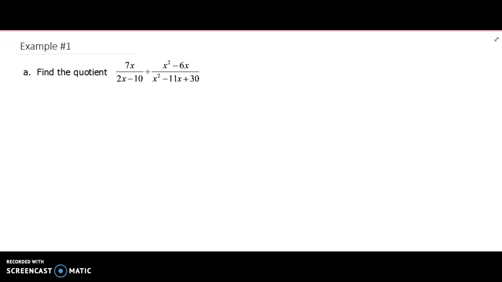Alright guys, so this is the second part of 7.3. So the first part we were multiplying rational expressions. Here we are going to be dividing. Okay, so just before we start, I want to remind you that when we